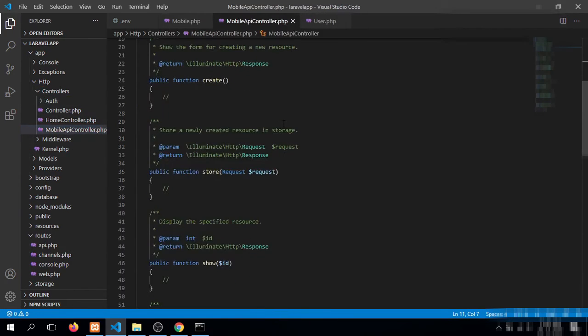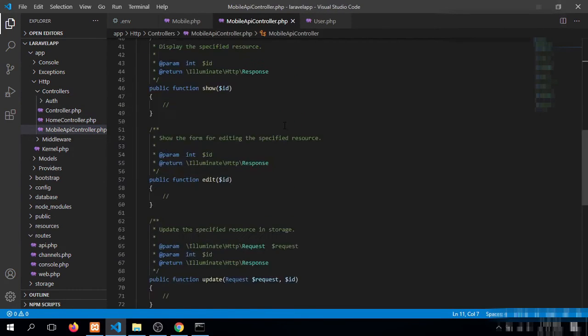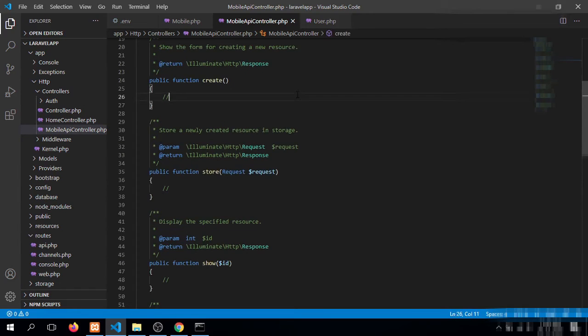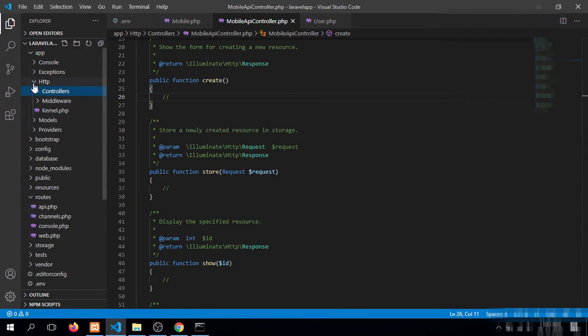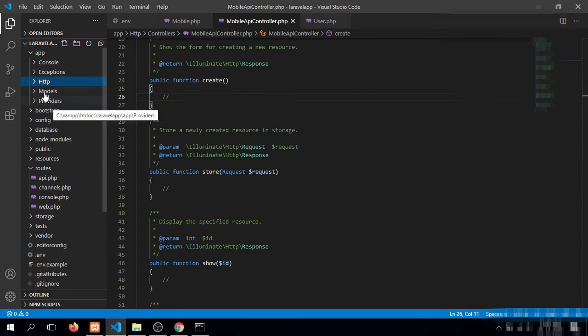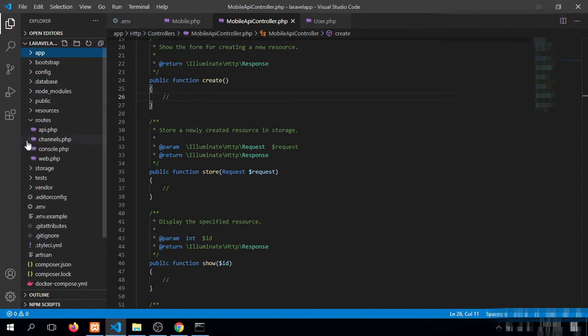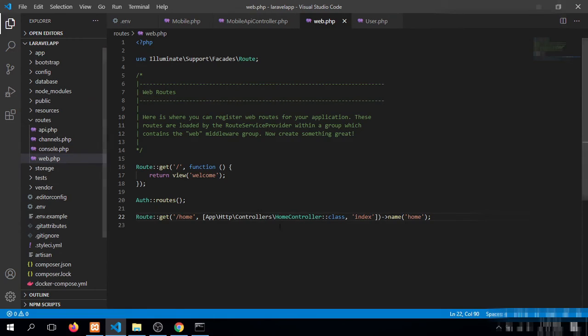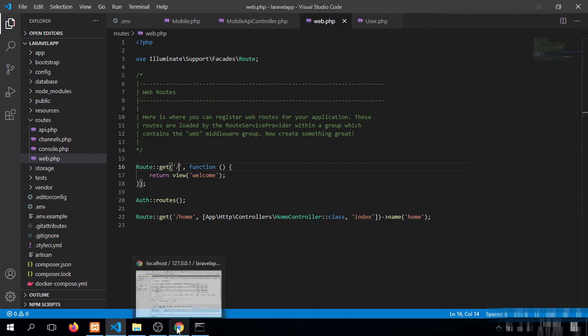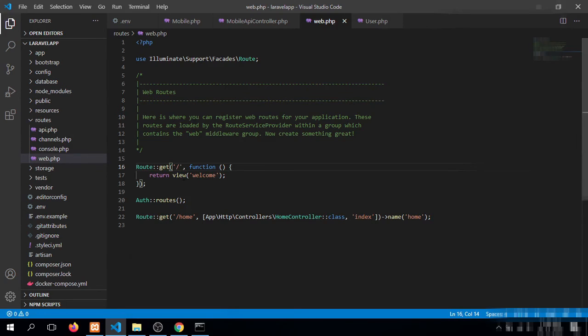See that this one comes with default methods. Laravel provides two types of routes, one for our web application and second one for our APIs. Let me show you. You can see that this is a default route or root route of our application, by which they are returning a welcome page.